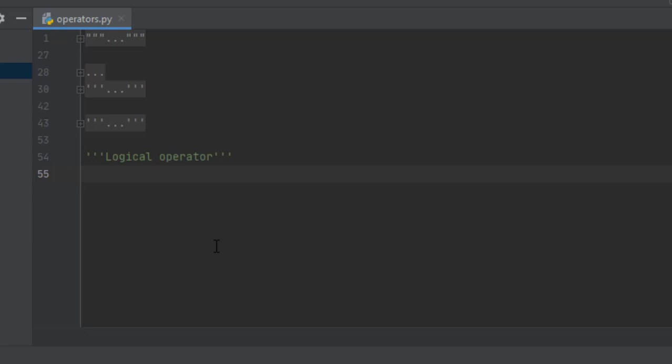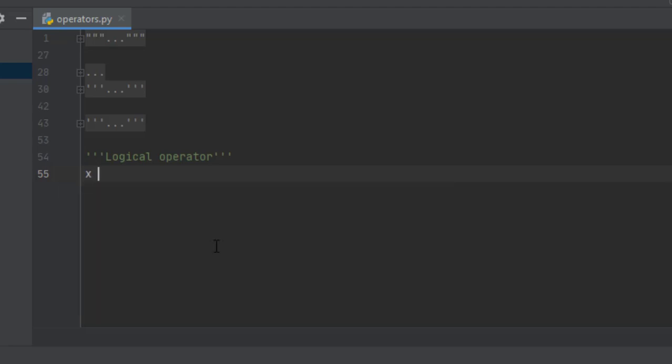If either one is true, then it is true. That is the OR operator. A or B, any one of them should be true, or else it is false. In the AND operator, both should be true, then only it is true. Suppose we have another operator called the NOT operator. The NOT operator is simply like negation. If A is true, then the answer will be false. Just the opposite or the reverse of whatever statement we are giving.